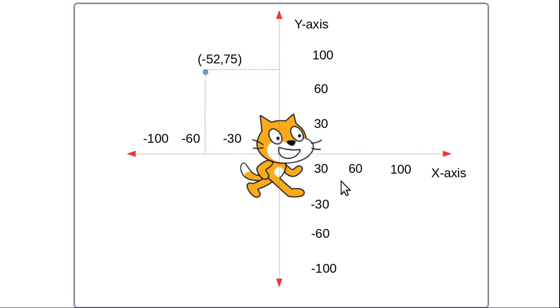Now when you move your sprite to a specific position over this particular window, how will x and y change? For example, if I drag it and put it here at this blue circle, at this point the value of x may be minus 52, you can check it from this direction. It's in the backward direction, minus 52, and it's forward in the top direction of y, almost in between, this value 75. So plus 75, minus 52 and plus 75. If I move it in this direction, similarly you can move this sprite anywhere, and accordingly the x and y values will change.